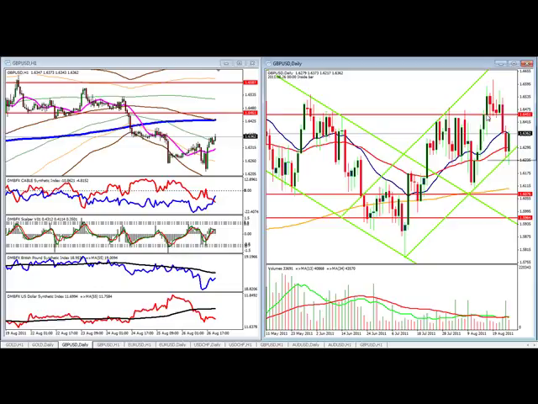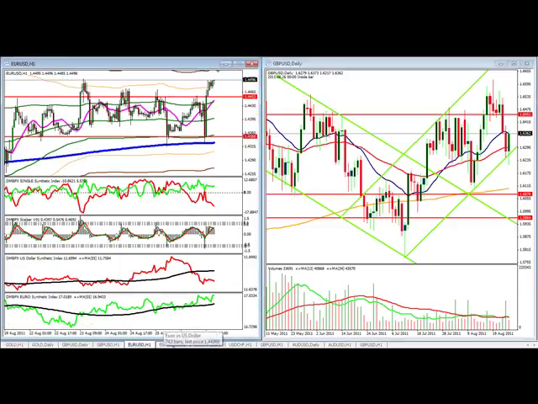But remember, it took us a while to break this 1.645 price level, and we finally got the volume to break through it. Will we once again see that volume to get us through this again? For our euro dollar pair,